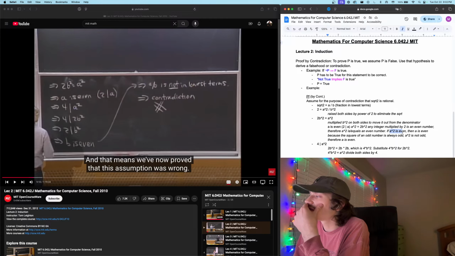If a squared is even, then a is even, because the square of an odd is always odd, right? We need a squared to be even. If a squared is even,